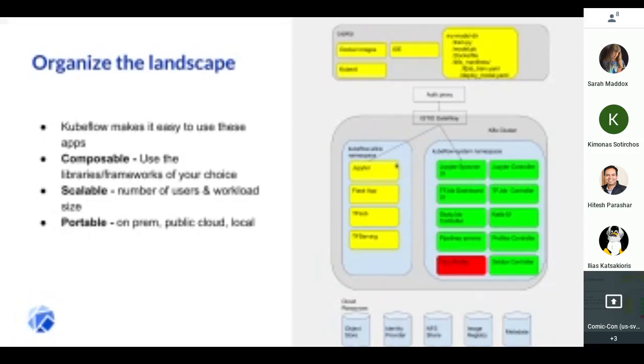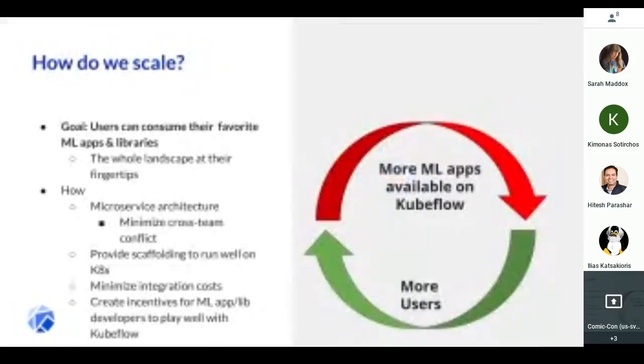And then we give each user their own isolated namespace in which they can create their own resources and take advantage of RBAC and namespaces for permission isolation and also for resource isolation. And so the advantage of this sort of microservice-based architecture is that it's really easy to incorporate new technologies, right? So if somebody comes up with a new custom controller, we can simply deploy that in our shared namespace and make that available to those users. And we could take advantage of the same scaffolding that we've already built to do things like isolate users in different namespaces and also set up ingress and authorization.